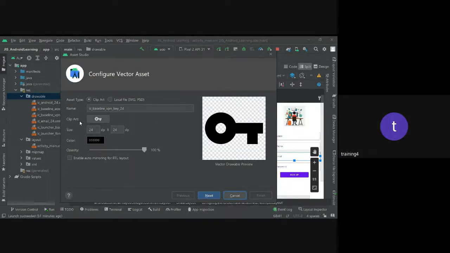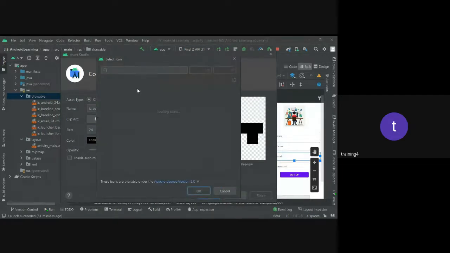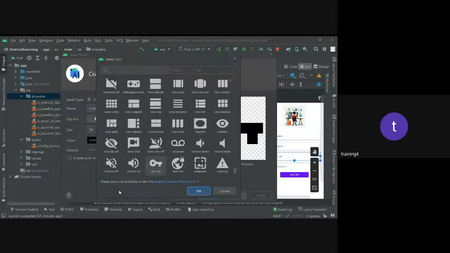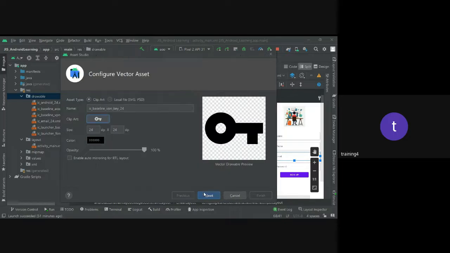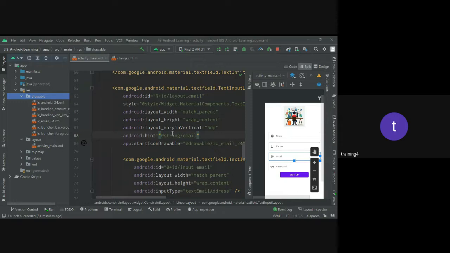Now you have a clip art option here. Whatever the icon is showing, double click on that. You will get the list of icons. Among this list of icons, choose the icon that you want, click on OK, click on Next and then click on Finish. Then apply that icon here by giving